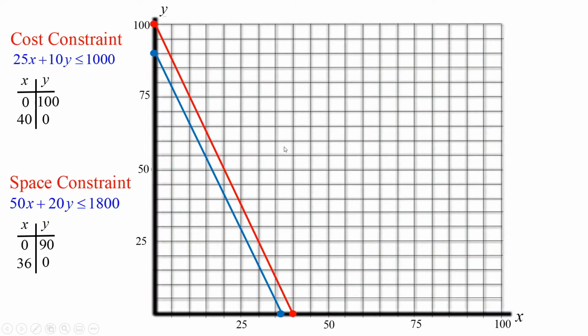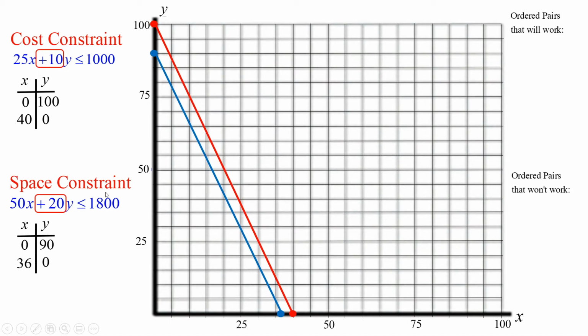So back to our boundary lines right here. Now, we need to know what is the double shaded region in this system of inequalities. And the key is this, you guys. 10y's here, 20y's here. If I was solving for y, my last step would be to divide by 10, which is a positive number, so my inequality will not change. Here, my last step would be to divide by 20, which is a positive number, so my inequality would not change here. So I know that I have to be less than or equal to both of those